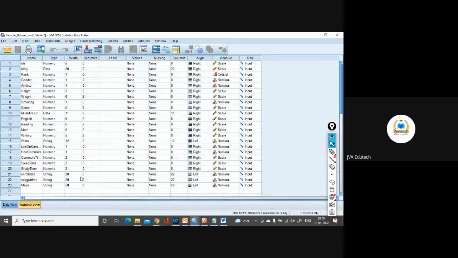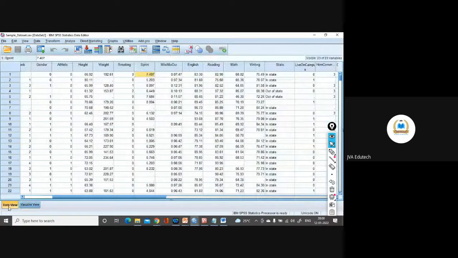It is not given in the variable view, so I'll tell you. Whether the sprint time differs between these three groups or not. Are you getting the problem? These two variables are there.